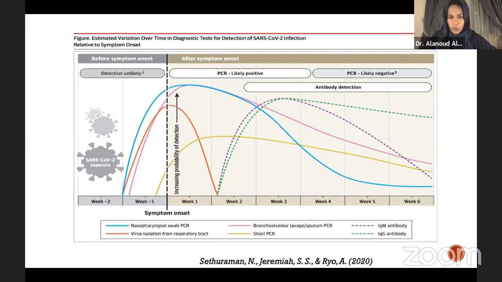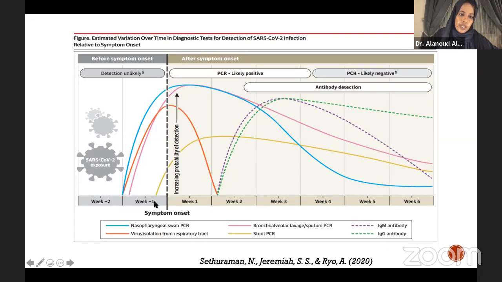And back to what I was describing, we need to ask ourselves, what do we want from the test? We all know that the gold standard, although I'm not quite happy with this, but at least this is the only available test, is the PCR, the reverse transcriptase PCR. So the gold standard test, let's start with the blue curve, which is the PCR. If you look, the PCR can be positive